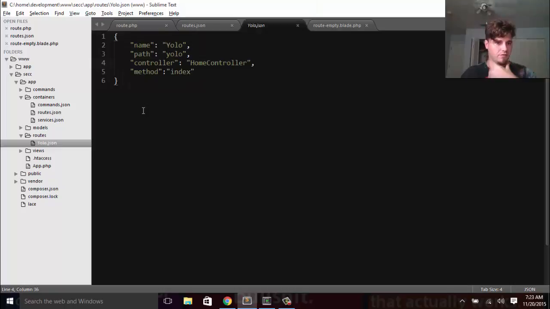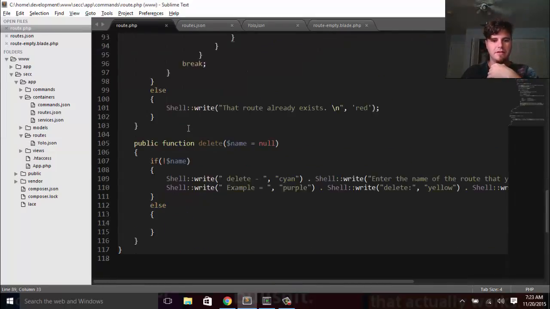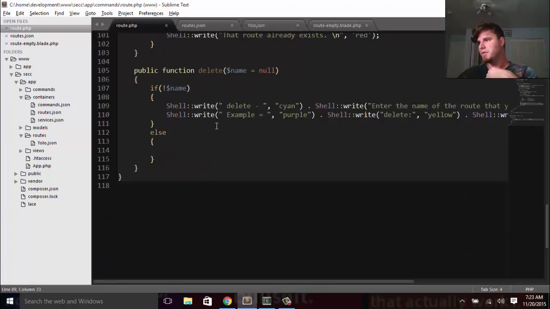And so that's how we're going to be working with routes. Obviously there are going to be some differences between those different types of routes. And so let's see, now we just need to make the delete method, so that way we can get rid of our useless YOLO route. And the delete is fortunately a lot more straightforward. So all we need to do is check to see if the name has been passed in. If it hasn't, then I'll put the help,